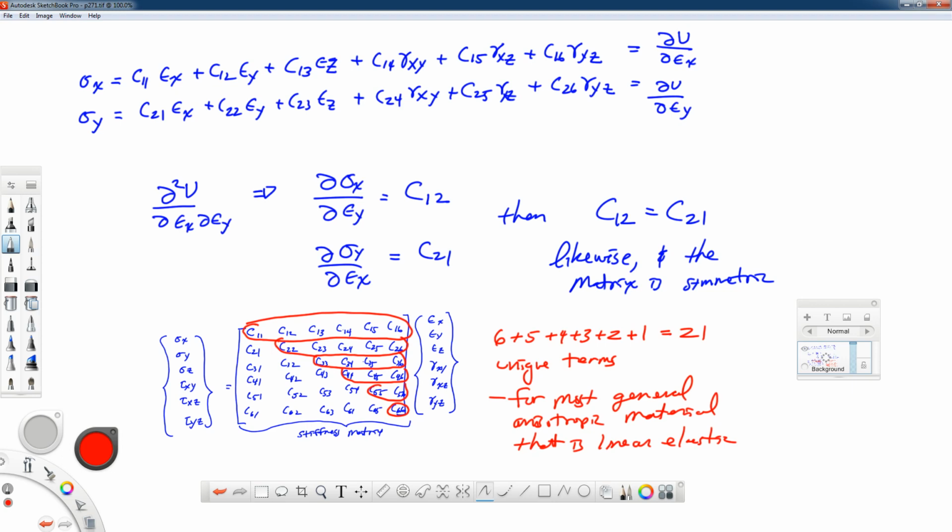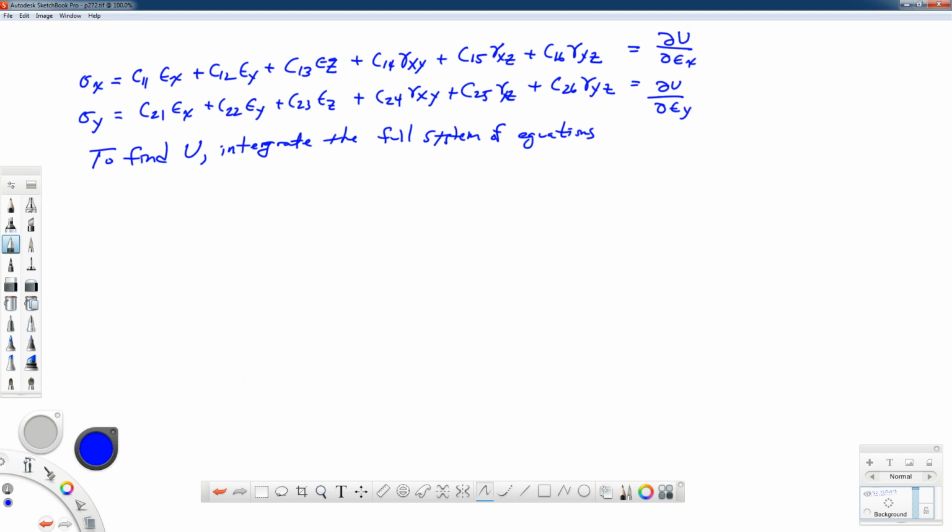Alright, well, let's take a look at finding our strain energy density function U. And that's going to be based on those first 2 lines that we have up there. The partial of U with respect to epsilon x is equal to sigma x, and likewise for the next line that we have there. We can integrate a system of equations, so let's take a few notes on that. Alright, so let's take a look at our first line. We have the partial of U with respect to epsilon x is equal to all the terms I have for sigma x. If I wanted to integrate that with respect to epsilon x, then I would get an expression for U